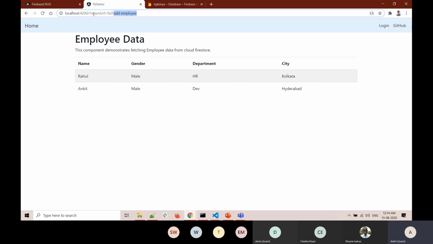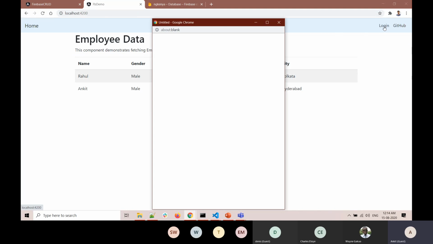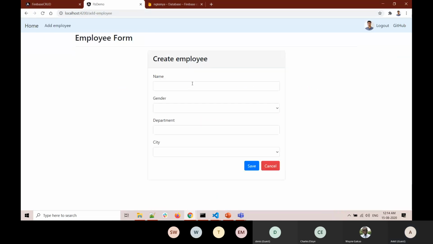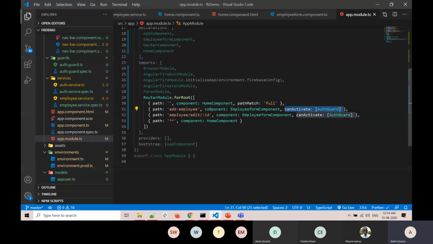So that is why the value of return URL is set to the URL which I wanted to access. Now, once I click on login, and as soon as I successfully log in, I will be automatically redirected to the add employee page. Let's see that in action. I log in, and here you can see I am redirected to the add employee page automatically. So that is the advantage of setting the return URL, so that the user flow and the user experience will be good. Otherwise, if you don't set the return URL and we don't redirect the user on login, then